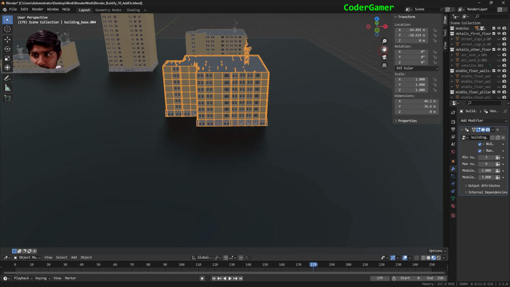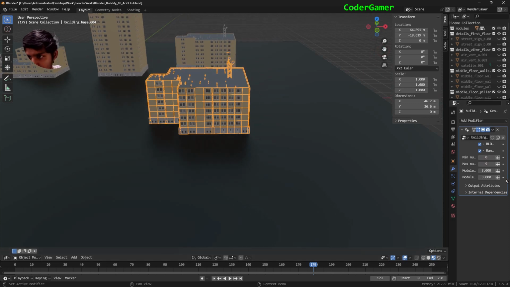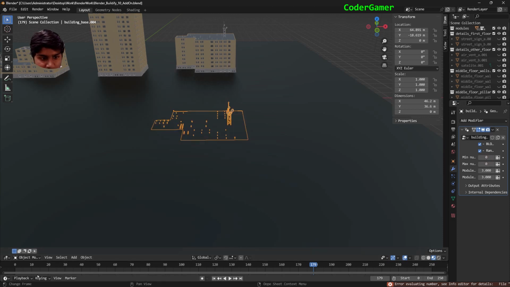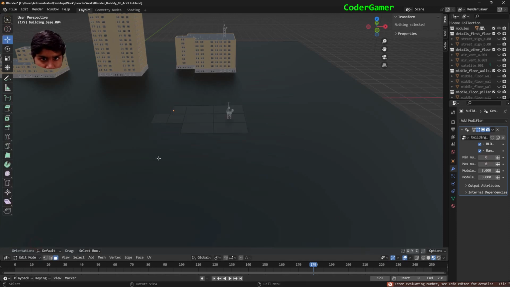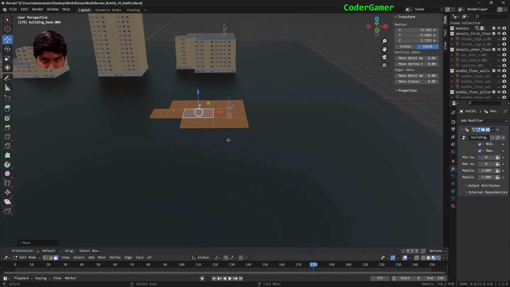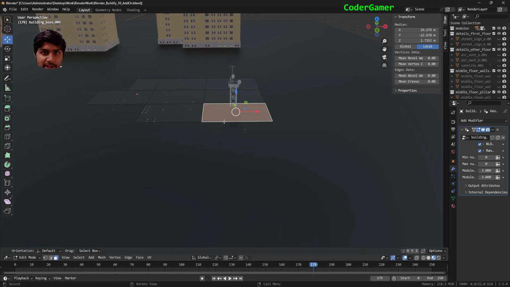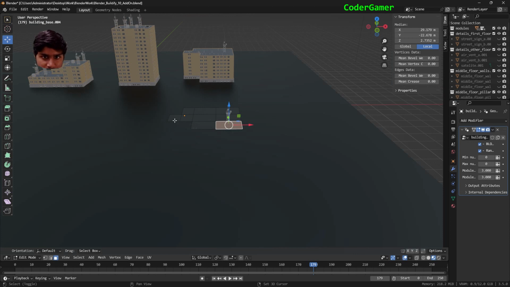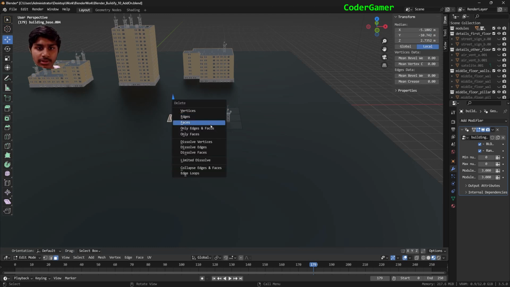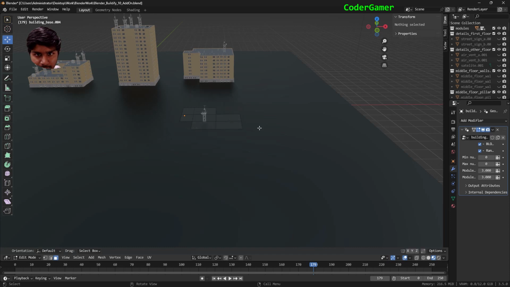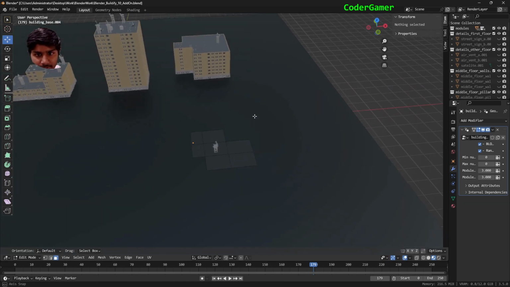So now I'm going to take this, again, min 0, max 0. And now I'm going to go into edit mode. And in edit mode, first of all, A, G, Z, bring it up. I think the school, maybe if we remove this one over here and one in the back, I think that makes maybe a good